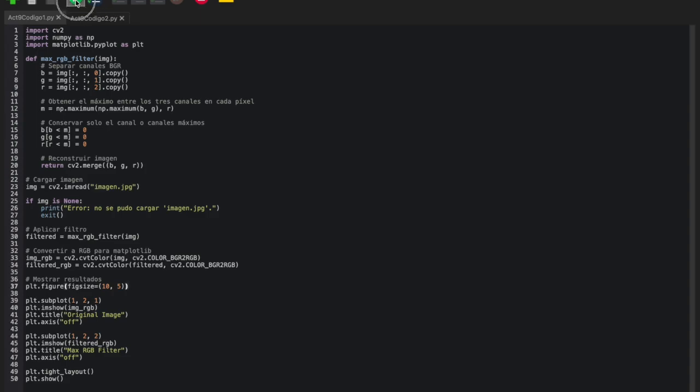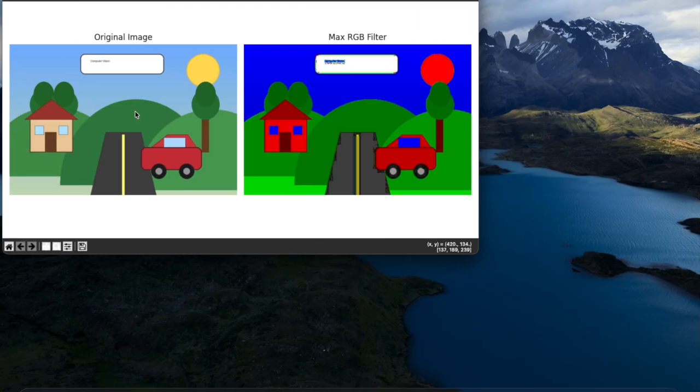In the results, we can clearly see how the max RGB filter changed the appearance of the image. The original image contains mixed and natural colors, but after applying the filter, the colors become more pure and more intense because only the strongest color channel is preserved in each pixel. For example, the sky becomes a stronger blue region, the vegetation remains strongly green, and the car and the roof become more clearly red. This makes the overall image look less natural, but it makes the dominant colors much easier